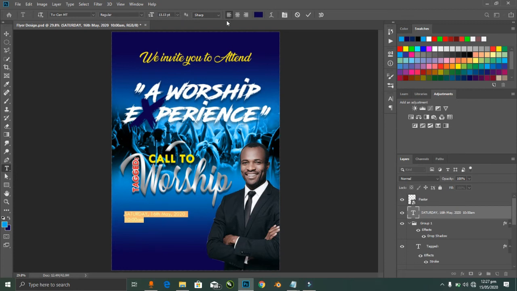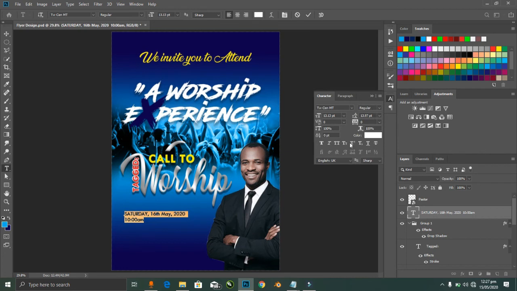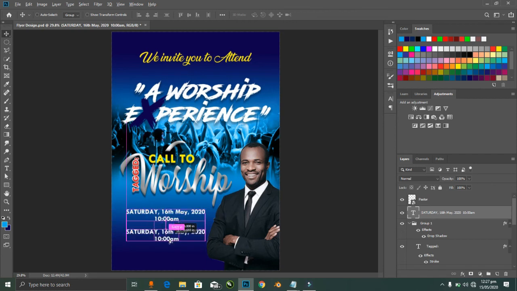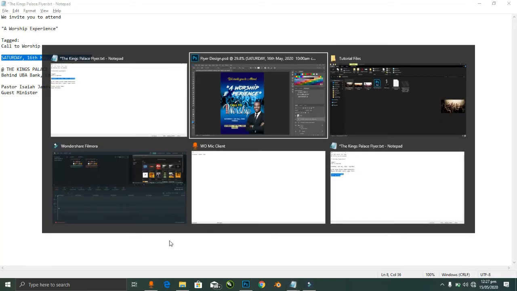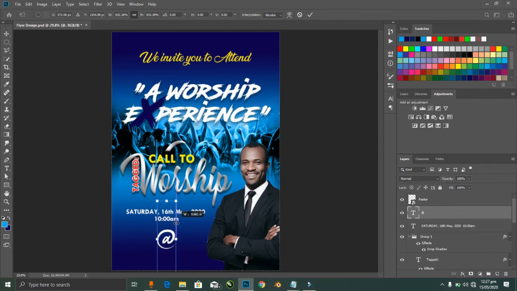Okay, so I'm going to make this one color white, and then I'm going to transform it, Ctrl T, and make it bold, like this. Something like this. And the date. Okay, we could make it line to the center like this, and then like this. Then we are having the address. I like to use cursive fonts like this. Okay, so I'm going to transform it, make it a bit bigger. Yeah,